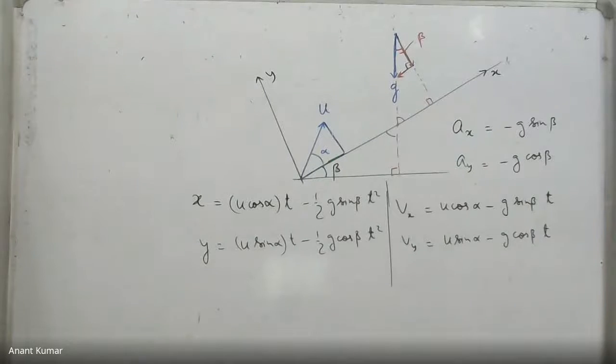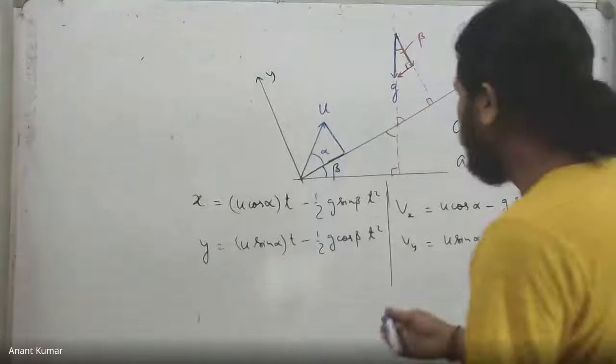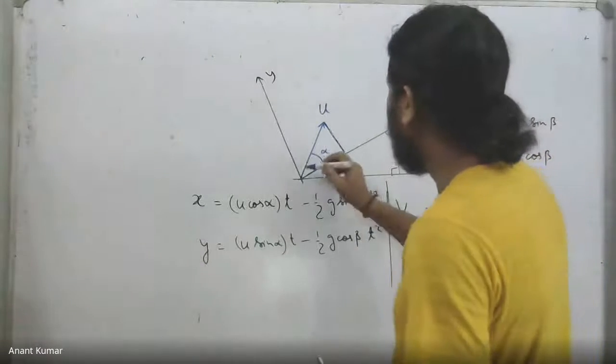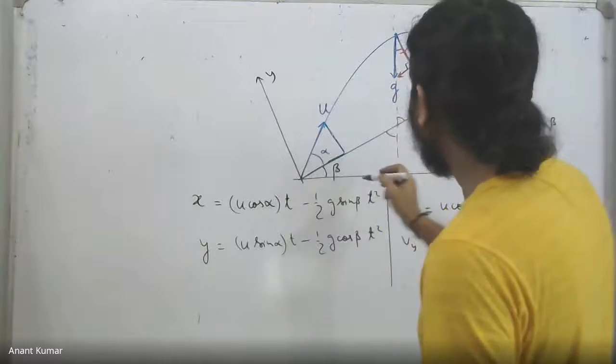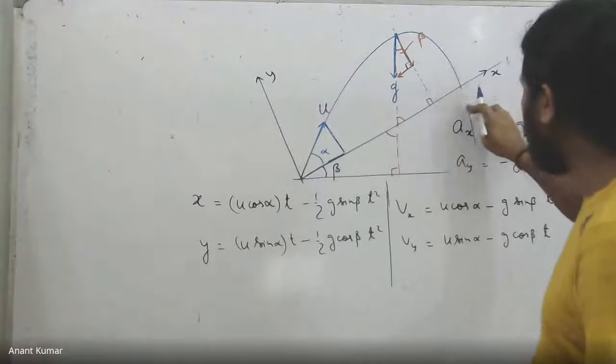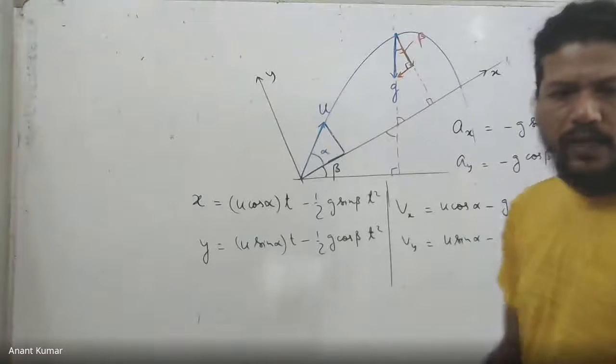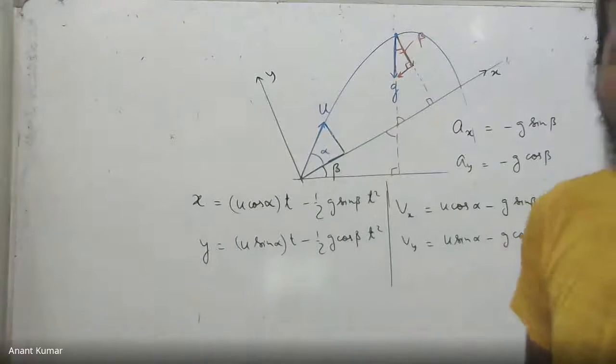So the path will be definitely a parabola itself. It will just simply go in the usual way. It will simply go in this fashion and then it would happen like this. It so happens that before it can go down, it strikes the inclined surface. But that will still be a parabola.